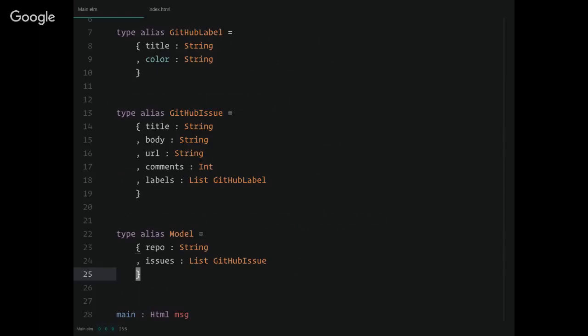And that looks like this in the code. I find that super readable to look at when I'm trying to figure out what the type is. When you're reading it, it's a flat structure, right? But you can see that I have a GitHub issue that has multiple GitHub labels. Well, what's a GitHub label? You jump up to the line above. Oh, okay, it's this thing. And you declare them in order: if you're going to use a type below, you need to declare it above. Just like if you're going to use a variable in your code, you wouldn't declare it at the bottom of your function. You declare it at the top.